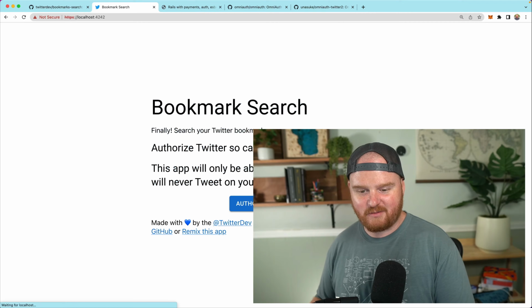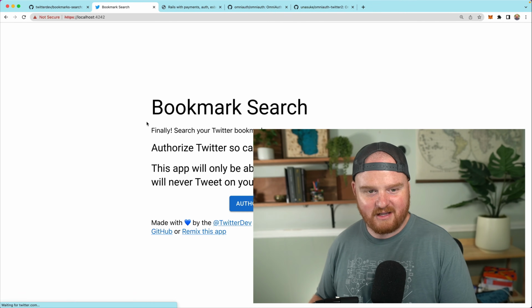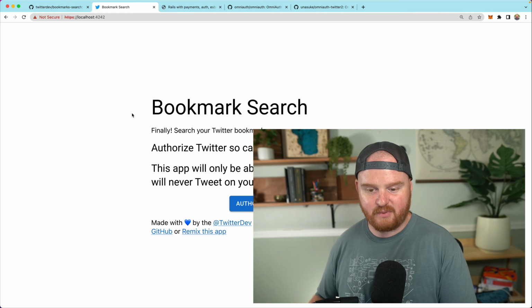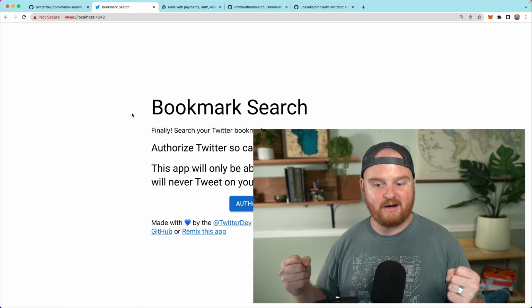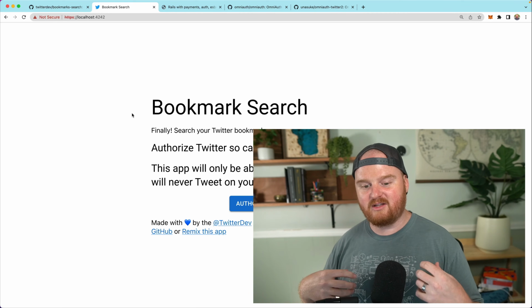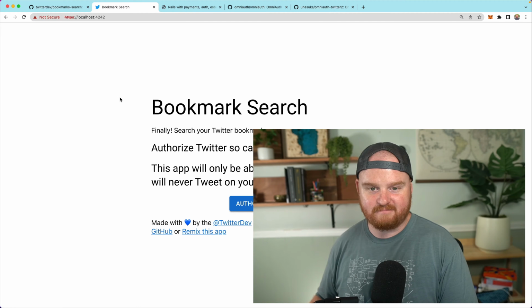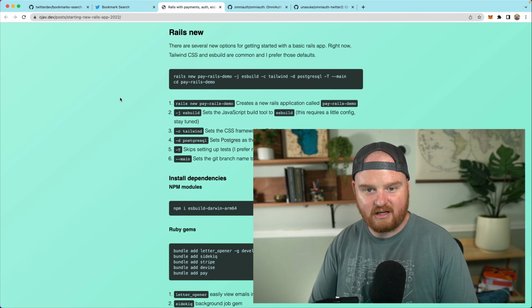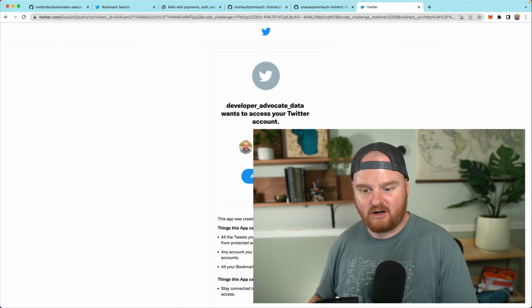Oh no, it's not gonna actually work. Let's see. I wanted to just hack around on it and play around with building it out with Ruby on Rails. Basically, we're gonna create a way to pull in our bookmarks and then use the context annotations for tweets that Twitter gives us, so we could build something like this, where we can log in with our Twitter